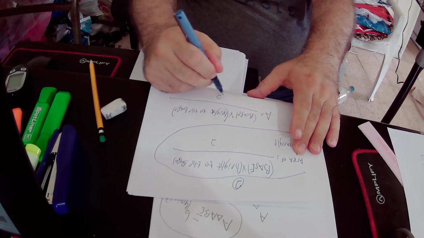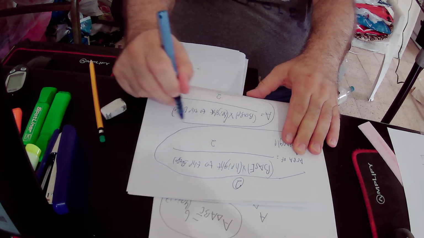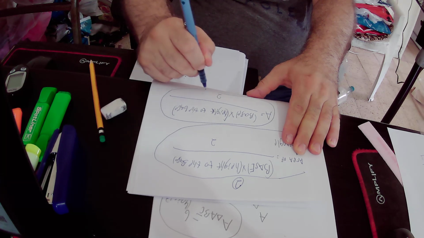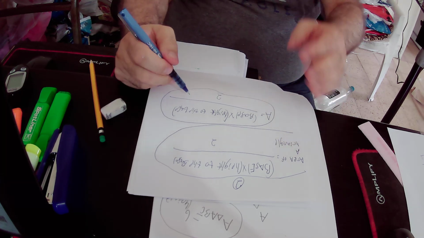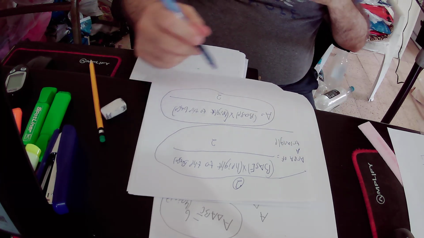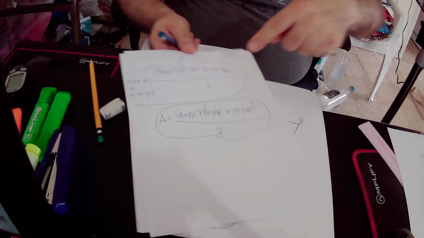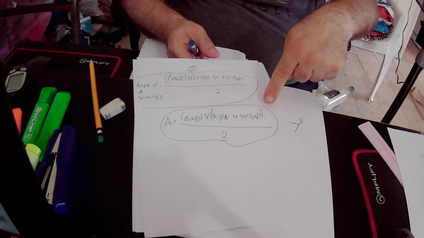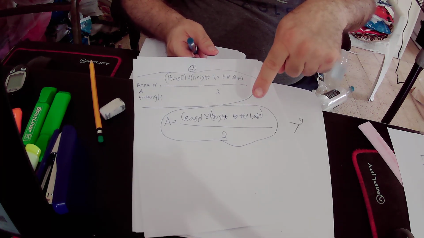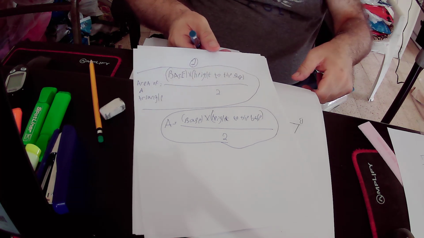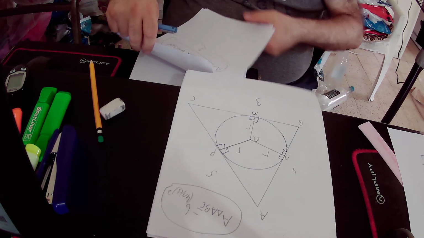This is the area of any triangle. The base times the height to the base divided by 2 equals the area of a triangle. Okay,